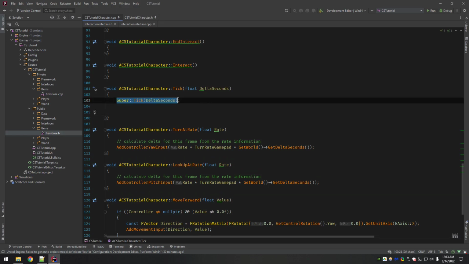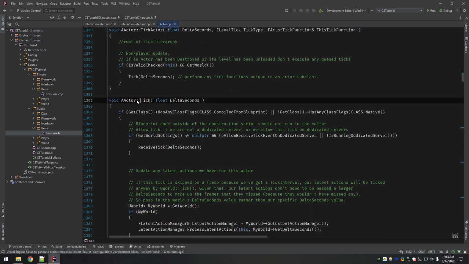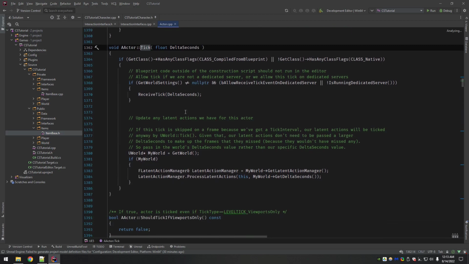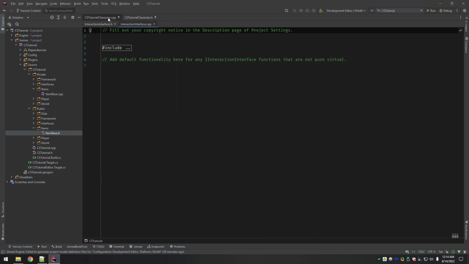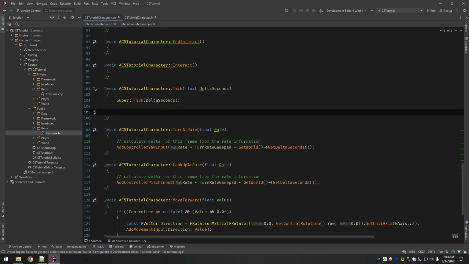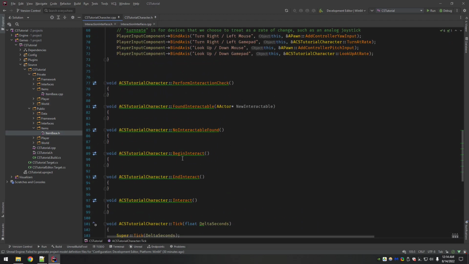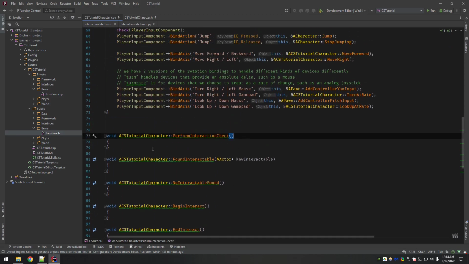And leave this super here because there's stuff that happens in the parent tick that we want to still happen. You can go to the definition and look at it if you want to, but that should be left. Okay. So the first thing I'm going to do, the perform interaction check is the most crucial function here.